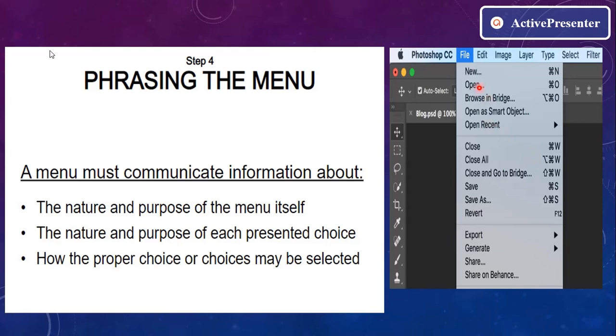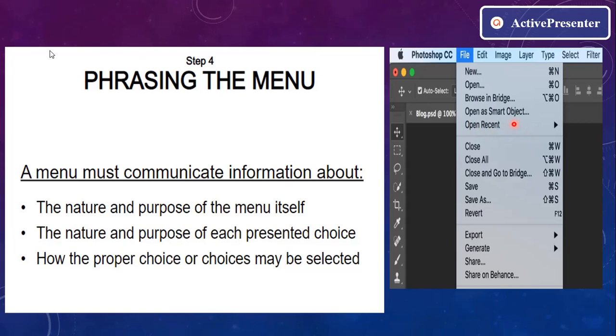For example, under file you have open recent, for opening the recent files. If a user wants to open recent files, he has to understand that if he goes to the file menu, he can open the recent files.